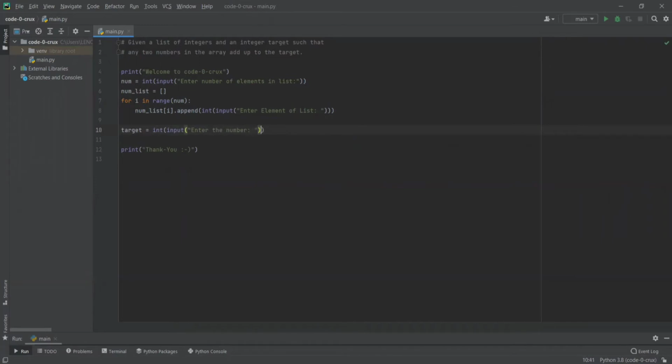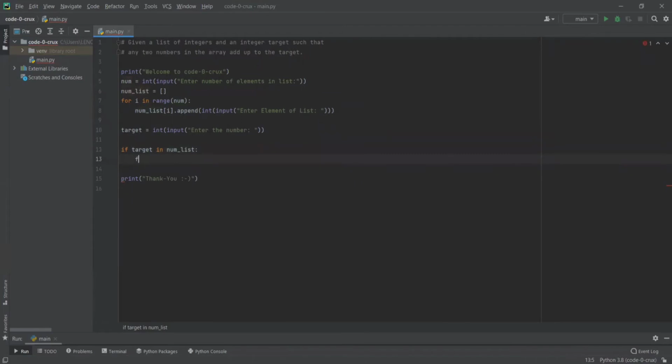Yes. So basically, we have written all the code for getting the data from the user. Now we have to actually implement the code and find which numbers add up. Like we have seen in the explanation earlier, maybe the target is in the list or maybe it is not. This would be helpful for coding problems. So we will first see if the target is in the list.